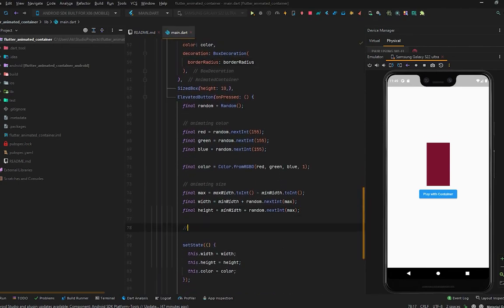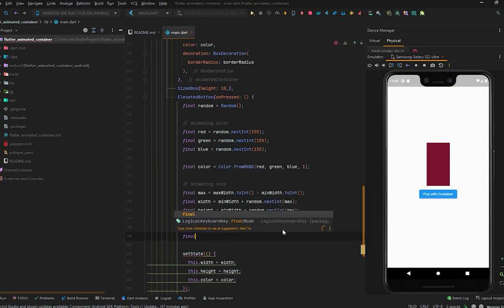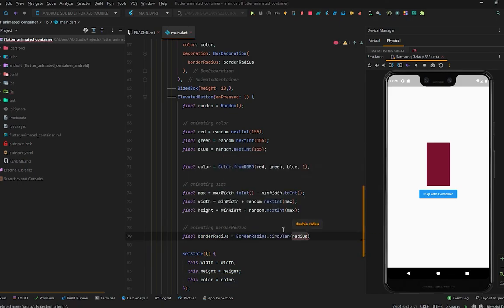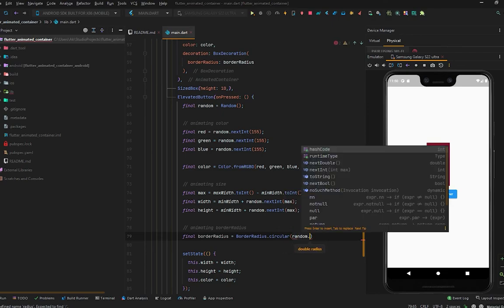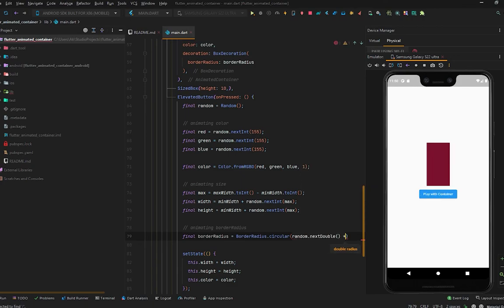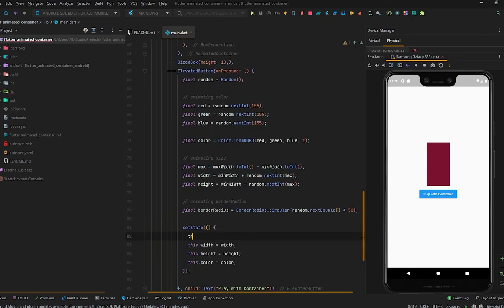After this width and height, we will comment animating border radius. In here, we will create another variable which will be final border radius equal to border radius circular, and in here it requires a double value, so we will do random dot, instead of next int we will do next double, and we will multiply it by 50, and in the set state we will set this dot border radius equal to border radius. And again, let's start the application,